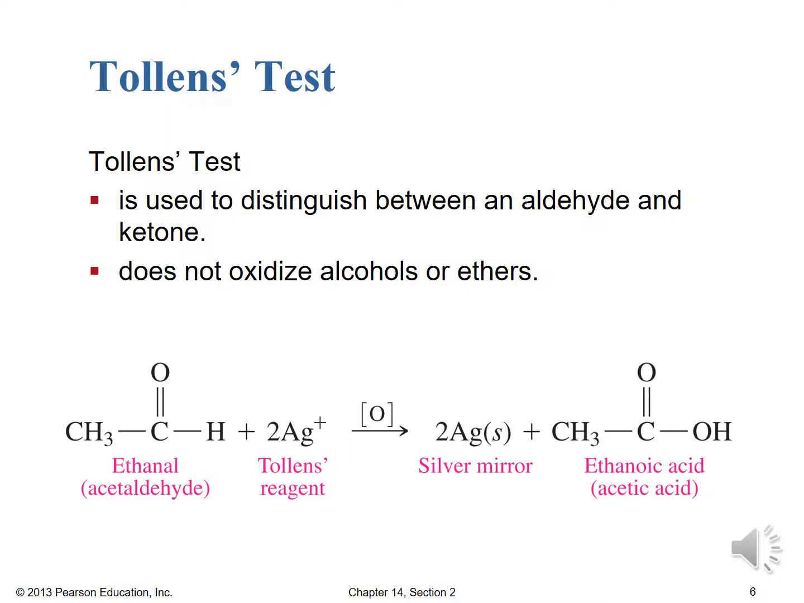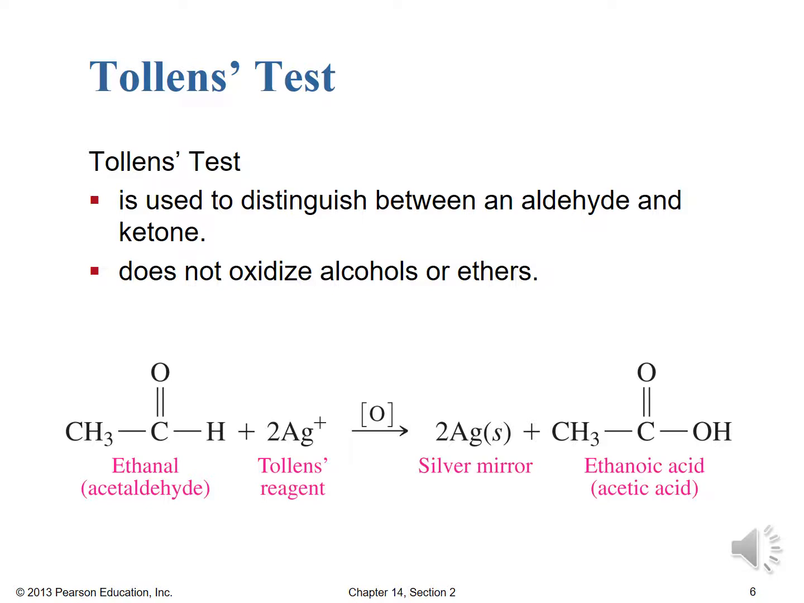And here we see a balanced, well, at least a semi-balanced reaction where we have the ethanal, the acetaldehyde, interacting with 2 moles of silver 1+ from the Tollens reagent for every 1 mole of ethanal to give 2 moles of metallic silver that give that silver mirror finish, plus 1 mole of ethanoic acid, or acetic acid as it's known. So it's not a complete reaction because we don't find out too much information about that oxidizing agent. It's just the O in brackets above the arrow,